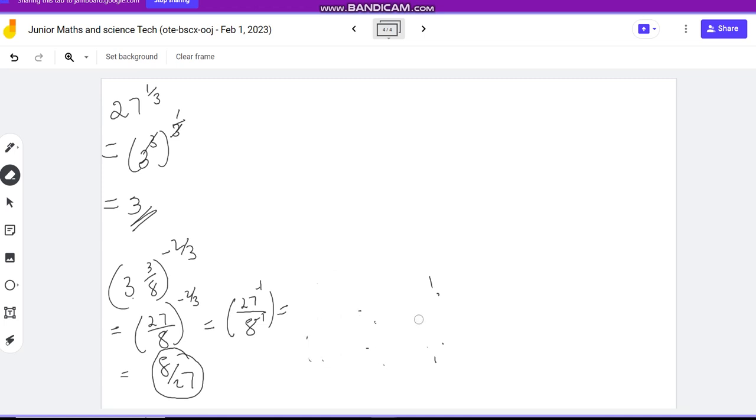And then moving on, you'll be having to the power of 2 over 3. 8 is the same as 2 to the power of 3, 27 is the same as 3 to the power of 3, and then 2 over 3. Now the 3's can cancel there. Do you see that? This 3 and this 3 and this 3 will cancel, and then you'll be left with just